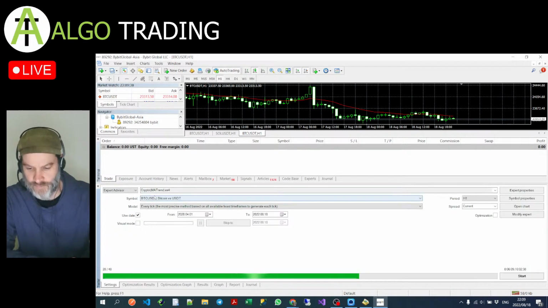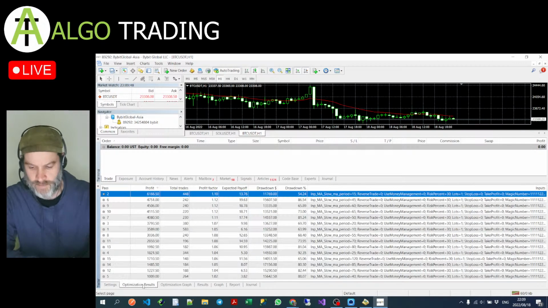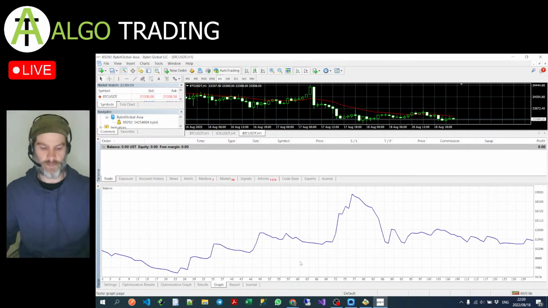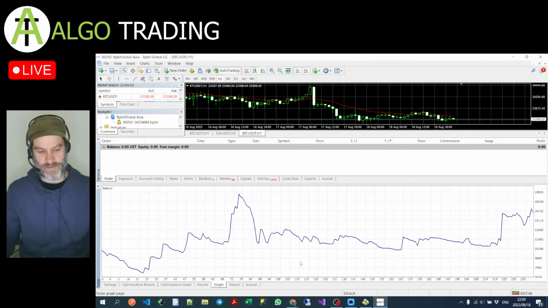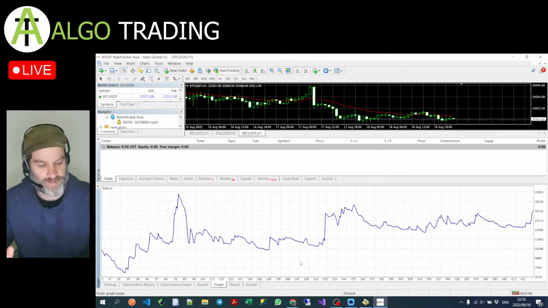You're at 50% drawdown, you're making... okay, just see what else there is. No, there's nothing really. Not the best equity curve, but this is really just to demonstrate to you